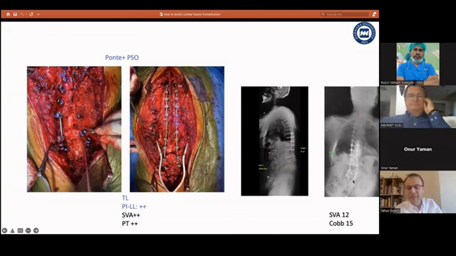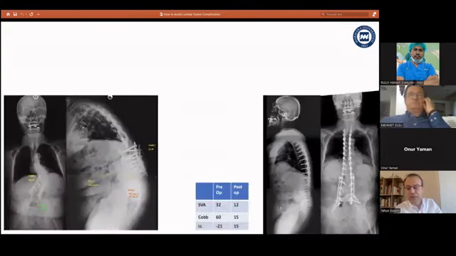Then again, we take second operations and we must go below, and we use 2 screws, 2 iliacs, 2 S1 screws, because L4 and L5 were very weak, and we put double roots in here. So after these operations, we are getting good corrections. There is no pain after operations, but again, he has some minimal coronal imbalance, but he can walk